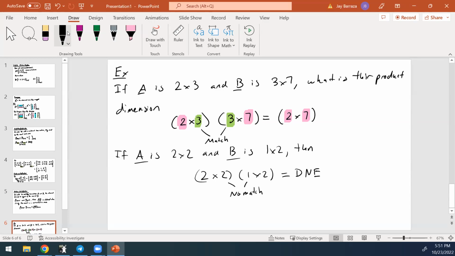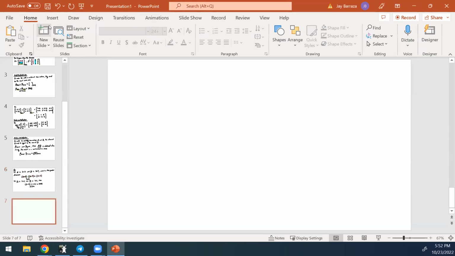So we get the basic principles of dimension. Now, what we have to do is apply the rule. So how do we actually multiply? Well, let's just learn by example. So find the product